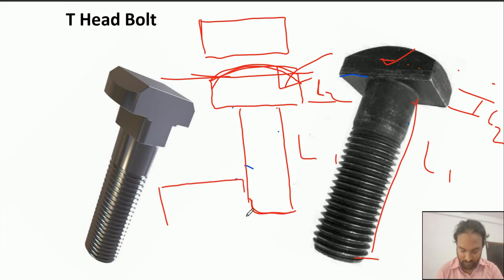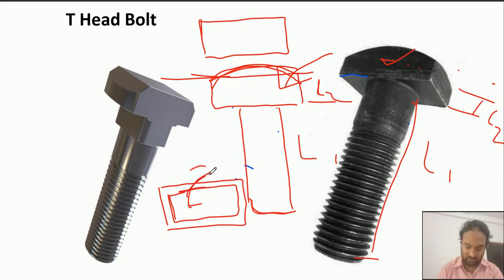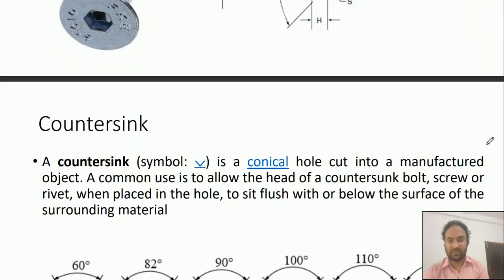See, this is for the T head, and if you are unscrewing or screwing the nut, it will try to rotate the bolt, but the T head, which has a rectangular cross section, will be inside that rectangular groove, and it will not allow rotation. This head will not allow the shank to rotate, and so we will be able to either lock the nut or unlock the nut. So this is the way we can use the counter shank head.